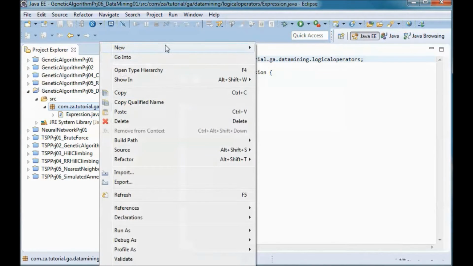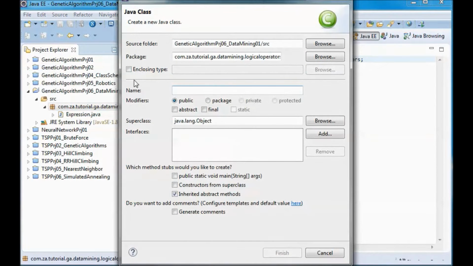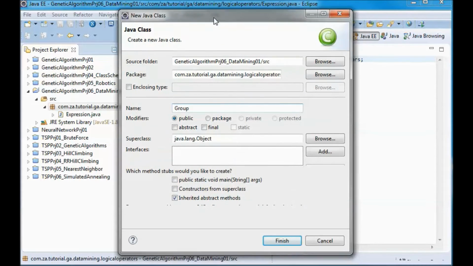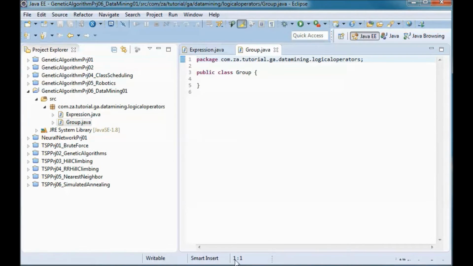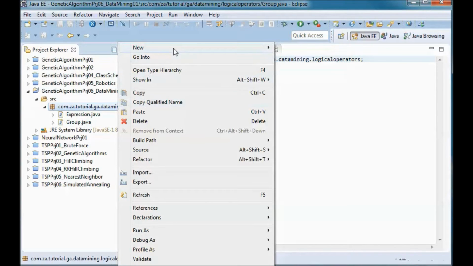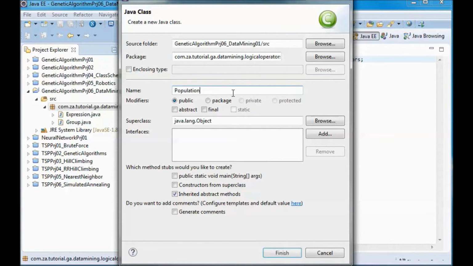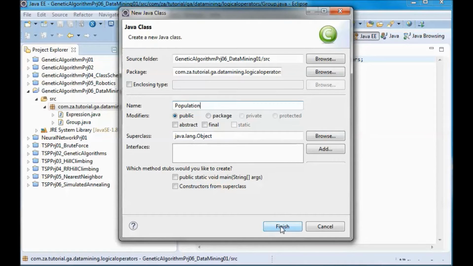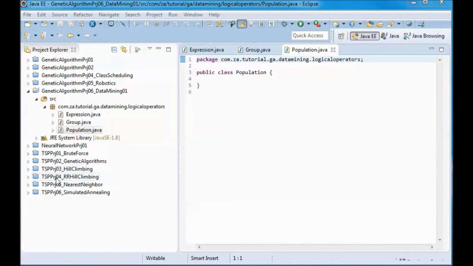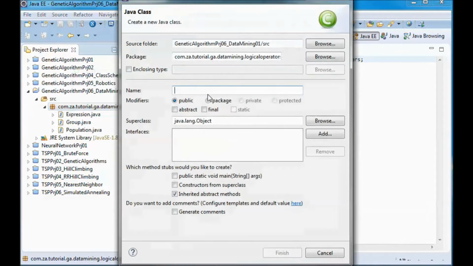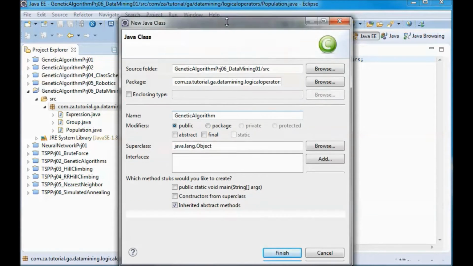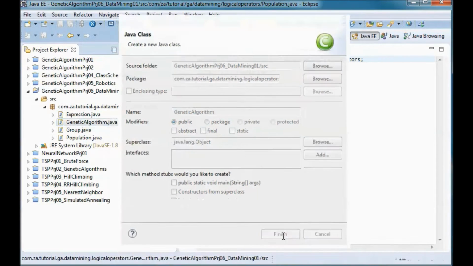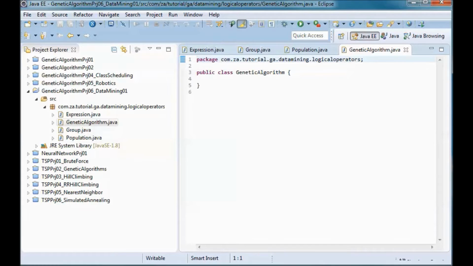And we will also have a group class representing a group of expressions, and a population class representing a population of groups of expressions, and a genetic algorithm class, and this class will evolve the population from one generation to the next using selection, crossover, mutation, and elitism.